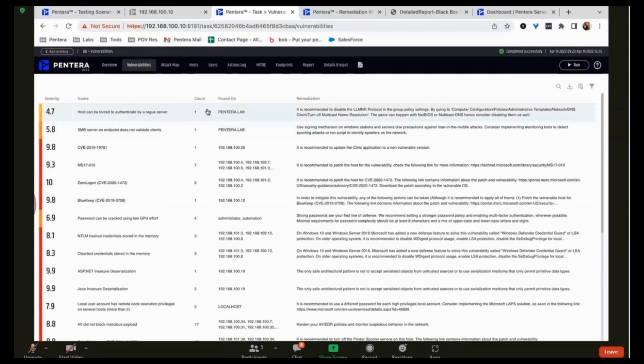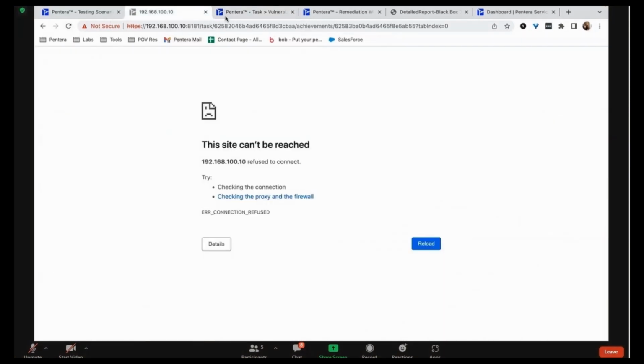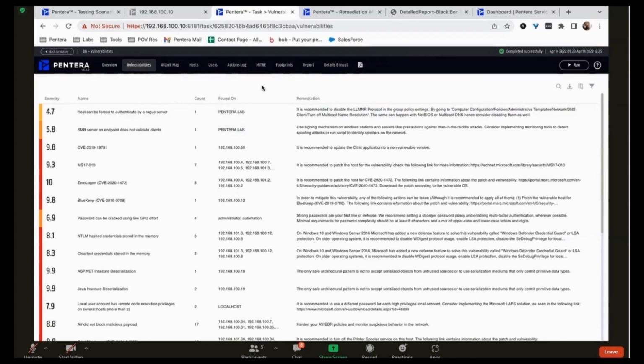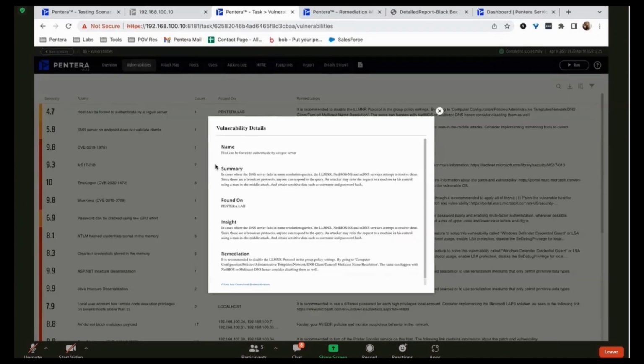So regardless of the fact that this is 4.7 in severity, it's listed number 1 in that list because of its priority. Yep, correct. Because of the business impact. Oh, okay, very good. Awesome. And then from there, I want to click into this, and I am 100% sure it will go down on me. Oh, it worked. Never mind. So if you click into it, it gives you a little bit more information too.